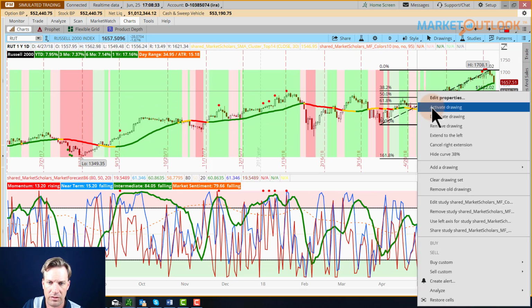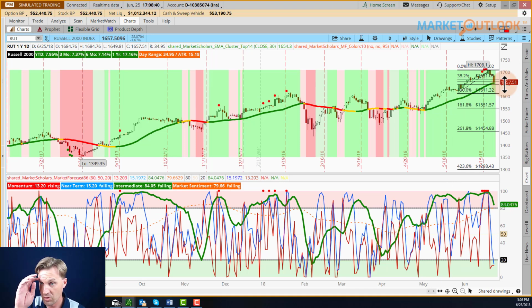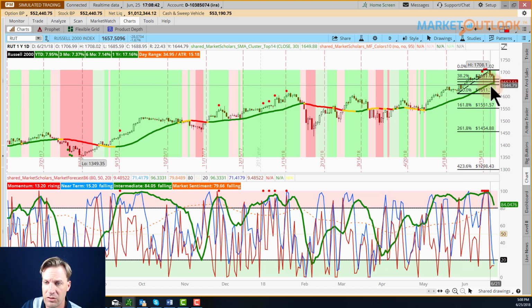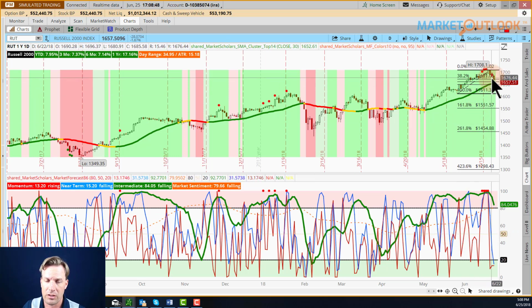Here, let's activate that drawing again and bring it to the near-term low point, which is right there. That's actually still sitting at the 62% Fibonacci retracement of the last near-term low. So with all these selling days, especially the big ones like this, when you put them in perspective,